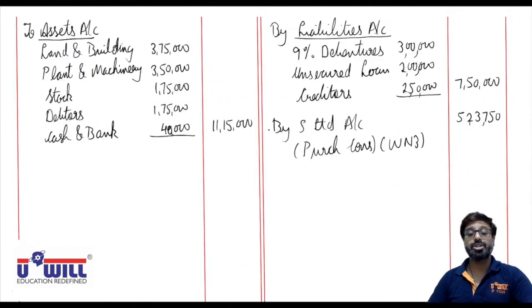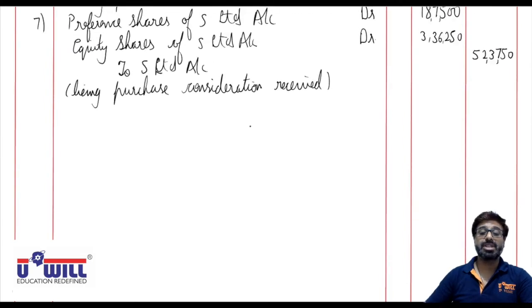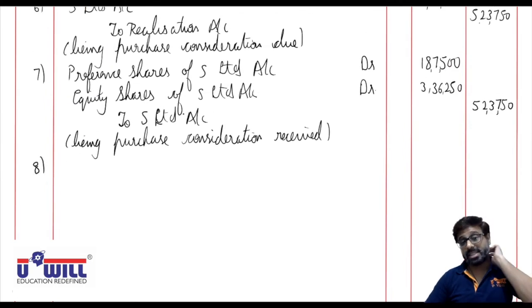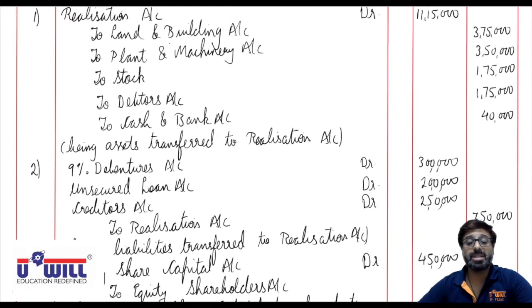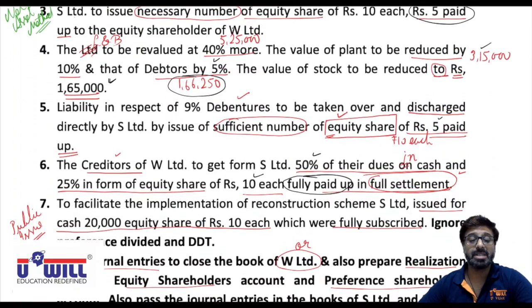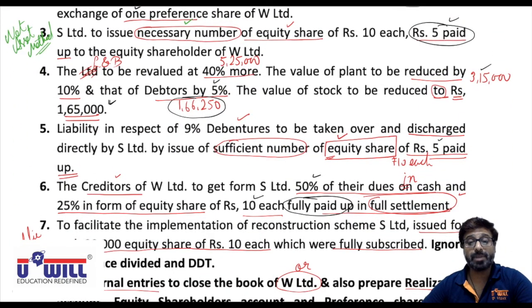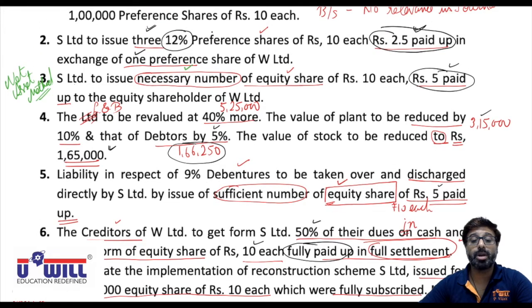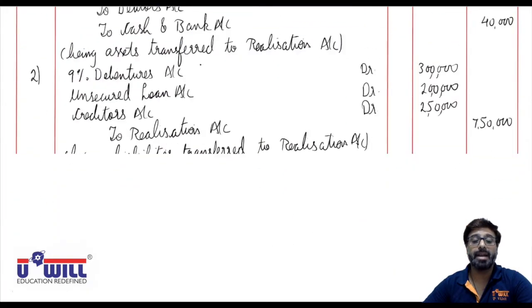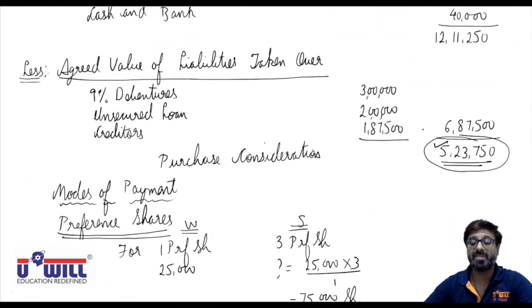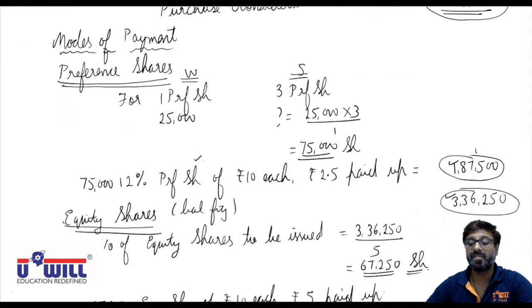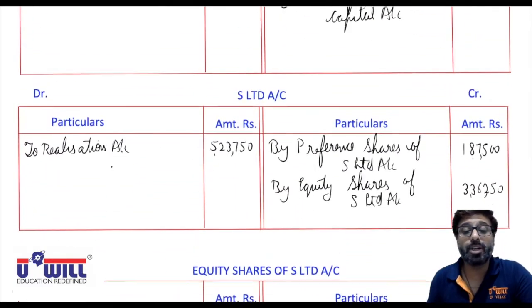Okay, purchase consideration received. What other entries do we have after purchase consideration received? Sale of assets not taken over, we don't have, all assets are taken over. Payment of liquidation expenses, no adjustment mentions about liquidation expenses, we don't have. Payment of liabilities, we don't have, all liabilities are taken over. Now directly payment to preference shareholders. Now, what are we going to give to preference shareholders? Preference shares. And as you can see in the workings also, what we are going to give to preference shareholders is preference shares of 187,500. So here the difference will be transferred to realization account.